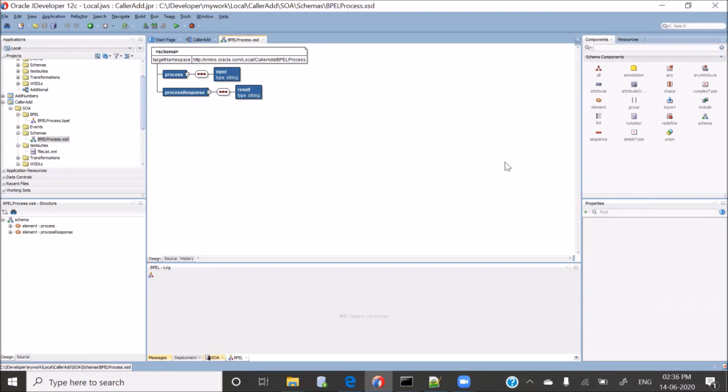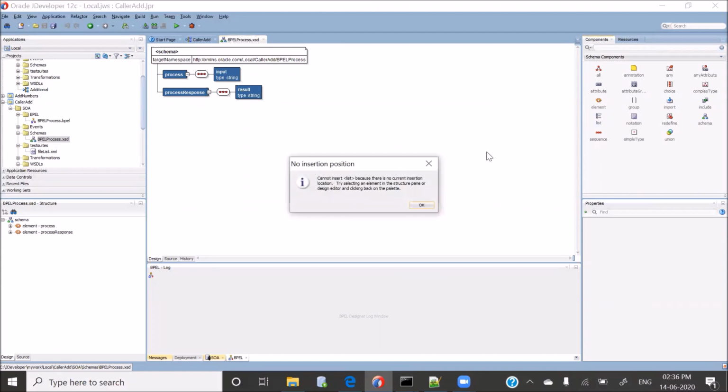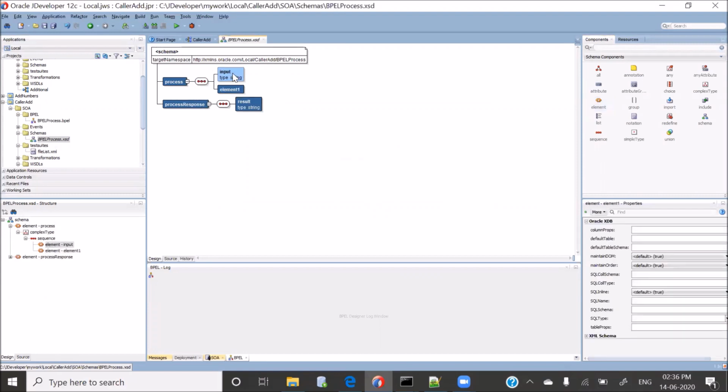Let's have two input variables to this as well, because we need to pass these input variables to our additional composite. So let's rename it as number one, and number two. The type also we are going to change. It will be integer. For this one, you can go for set type, and here you can select integer. Fine.